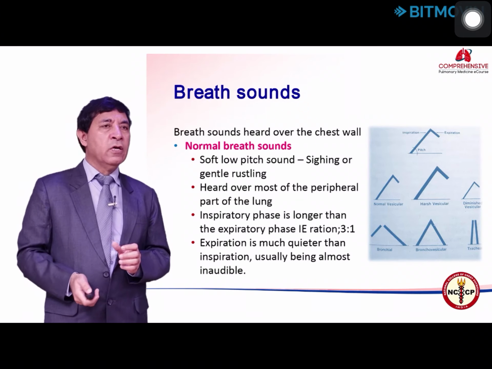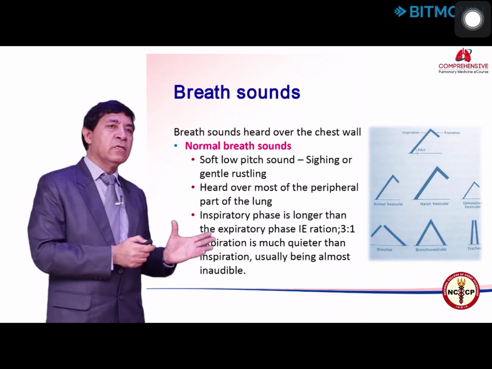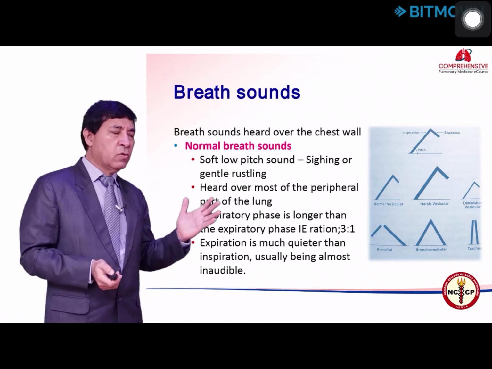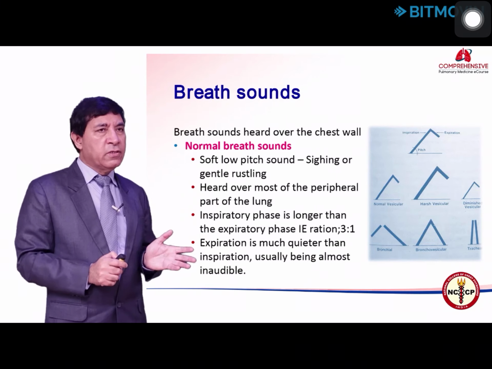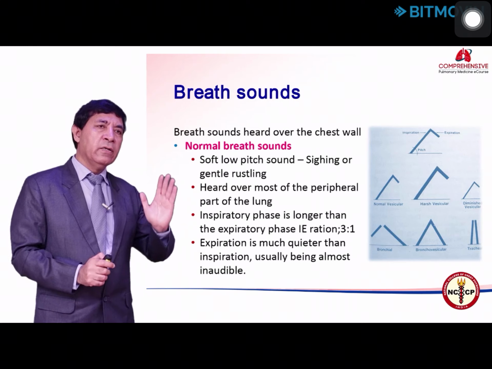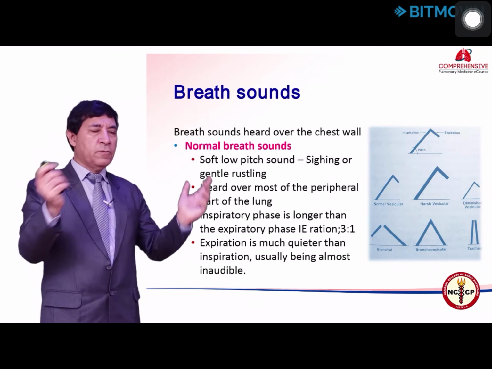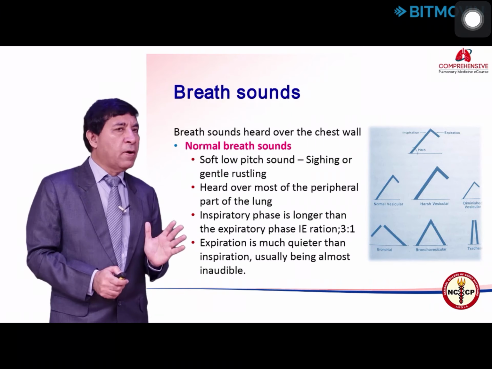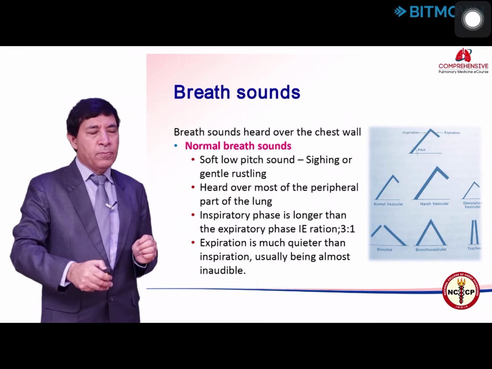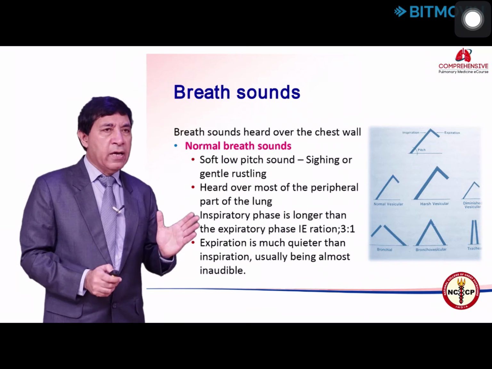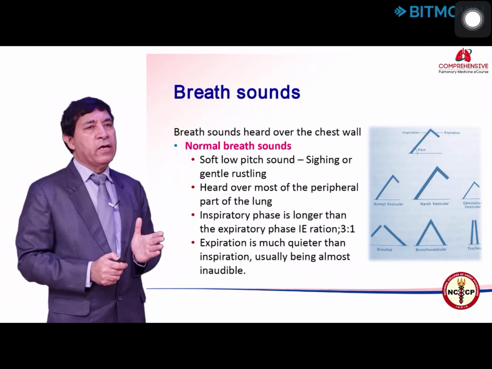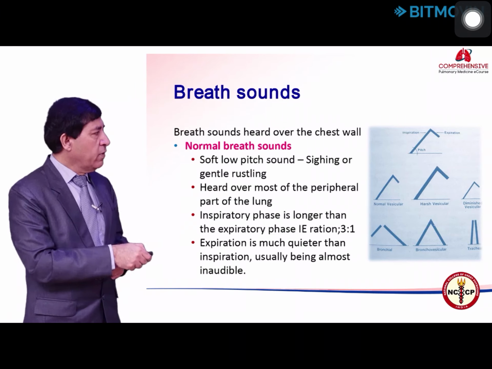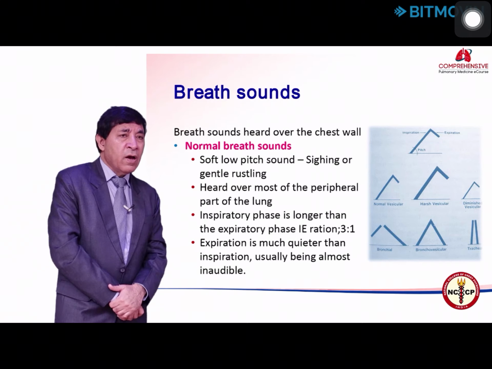So when this sound travels from its origin in the trachea and the major airways across the lung, by the time it reaches the chest wall you can still hear most of the inspiration, because inspiratory turbulence is high. But during expiration you can only hear the early part, because during that part the turbulence is still high, but as there is this exponential decline in the flow, the sound becomes lower and lower. So this is a normal description of the breath sounds.